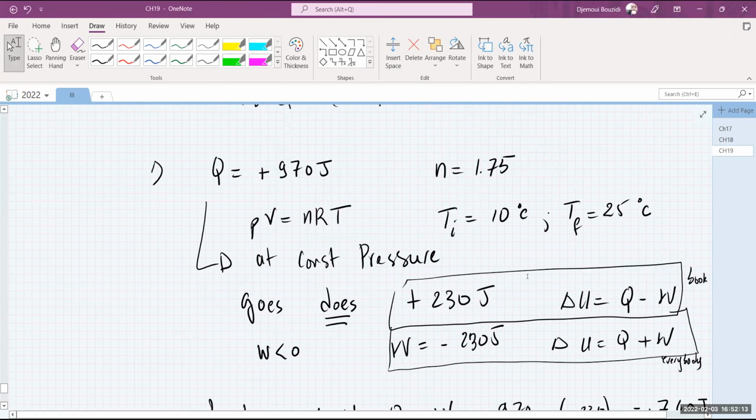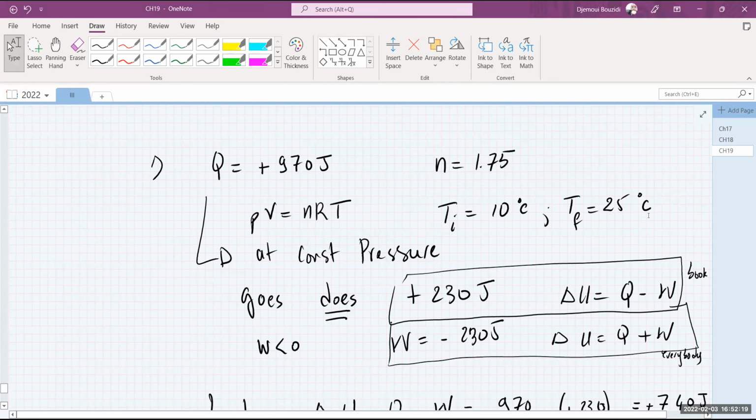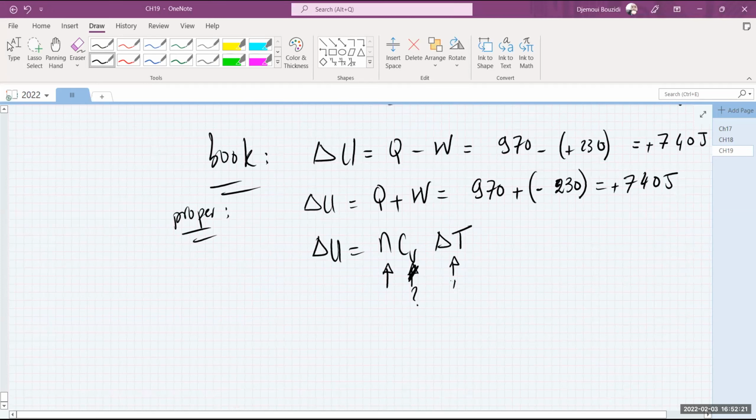This is why the conversion is not important now, because all we need is to subtract 10 from 25. So delta T is equal to 15 degrees Celsius, and it's the same thing, 15 Kelvin. If you wish, add 273 to each number: this becomes 298, and this becomes 283. When you subtract the two, you find 15 Kelvin. So that exercise is wasted time. There is no need for it, because we're dealing with delta T only. We don't care about anything else.